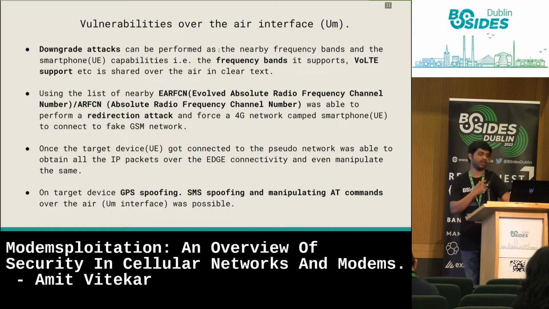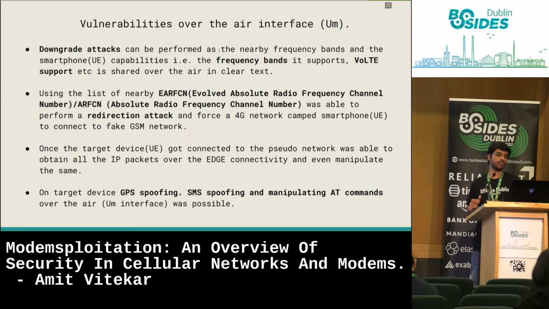Downgrade attacks, as I told you. Because in 4G, it's very difficult to force a device to connect to your 4G network because of the hindrance of the private key not being available. You just downgrade it. You just tell the device, hey, right now in this vicinity, there's no 4G network running. Please go back to GSM. And the device will say, yeah, sure. If there's no 4G available, I'll go back to GSM. But GSM has one issue. There's not enough bandwidth over GPRS and EDGE network. That's the big issue. So the second thing is, using the list of nearby ARFCNs,